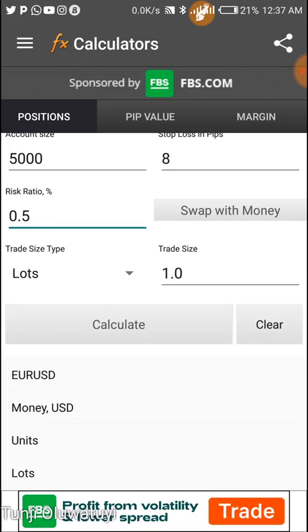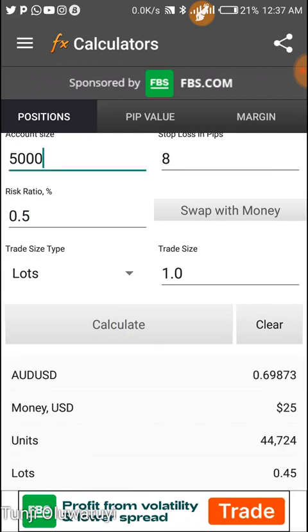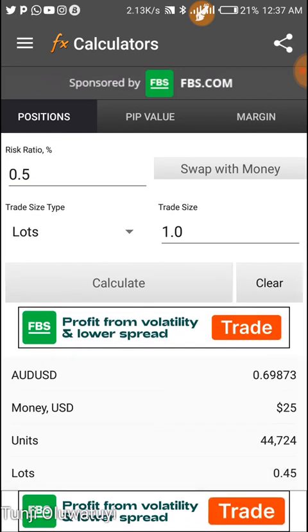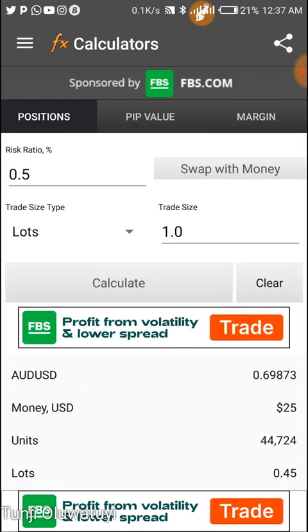And the next thing we're going to do is to click calculate. Now if you scroll, you will see lots. Just right down there, you will see lot, that is 0.45. It means that